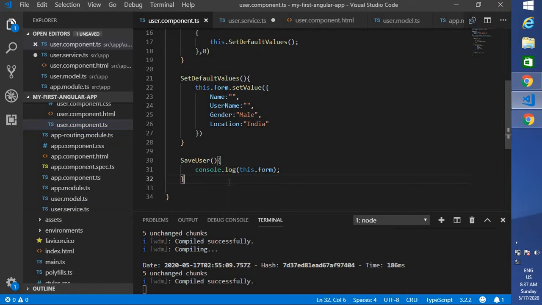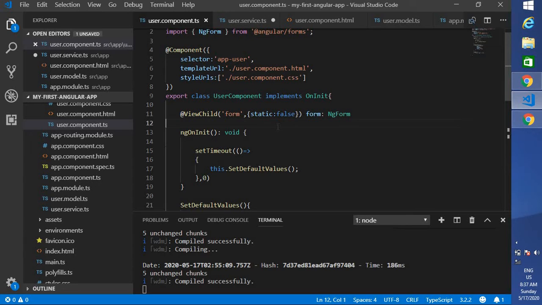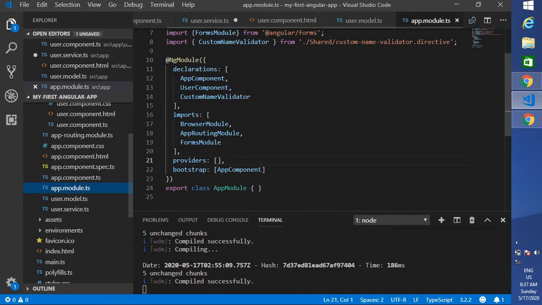You no need to create an object of that user service class. Instead, you create a constructor, and in the constructor you pass the parameter and its type. That's enough.